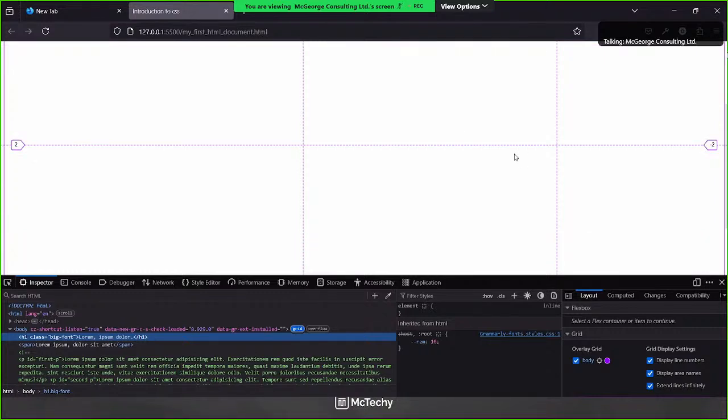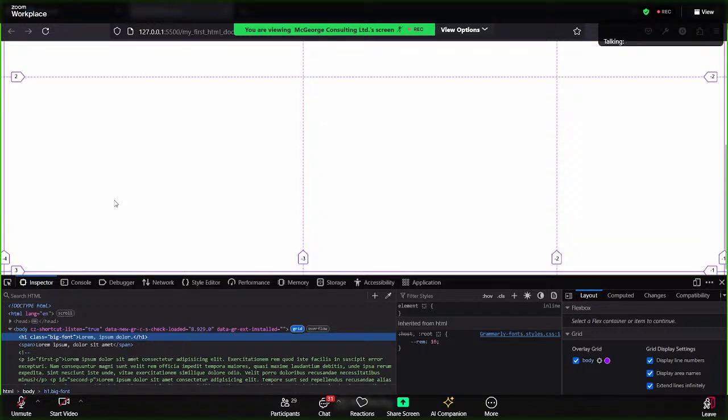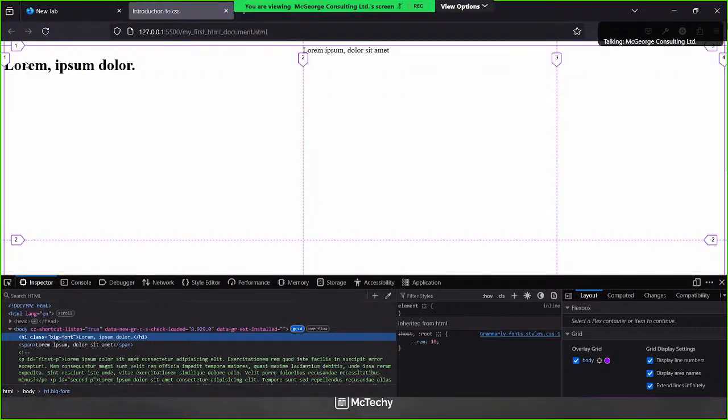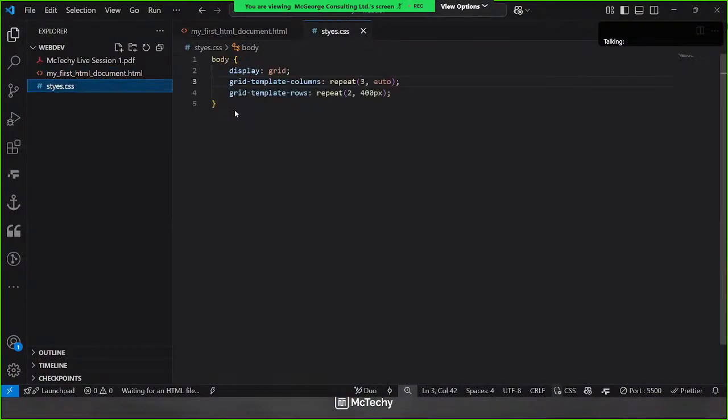And then I have two rows. This is the first row and this is the second row. So I can choose to place maybe lorem ipsum dolor from line 3 to line 4, and it will stay there, just like that. So let's try that. Let's see the H1. So I can say H1, then grid